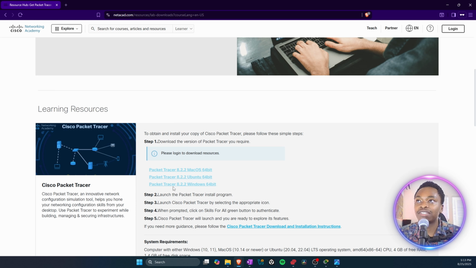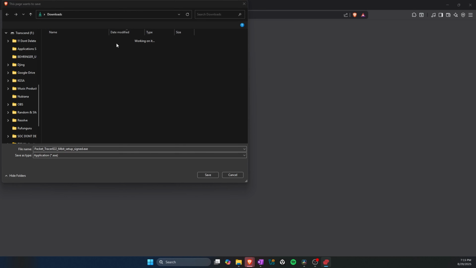Download this one, Packet Tracer 8.22 Windows 64-bit. Probably by the time you're watching this video, they may have released a newer Packet Tracer. So just download the Windows 64-bit if you're using Windows. If you're using Mac, please download the Mac one. If you're using Linux like Ubuntu, please download yours. And then after you've downloaded it,